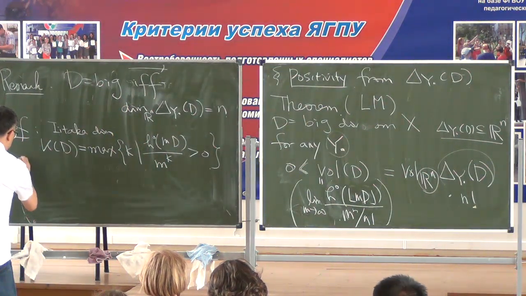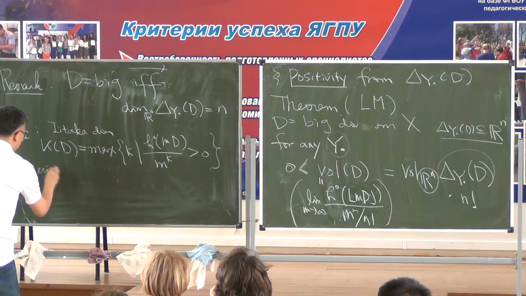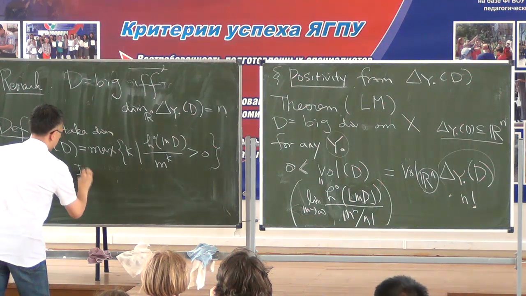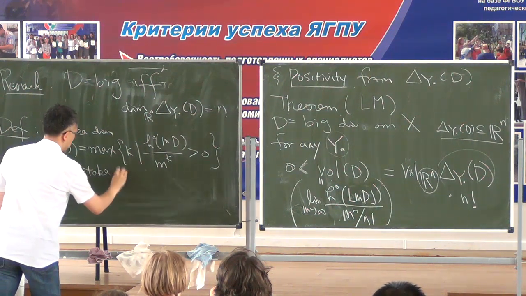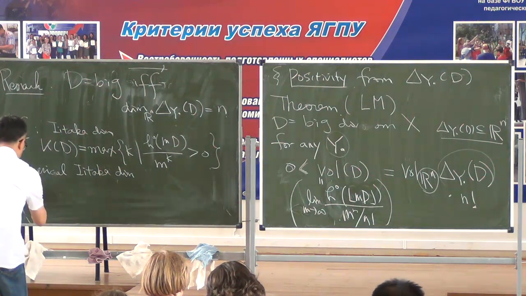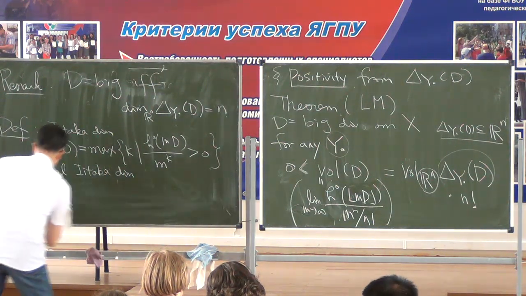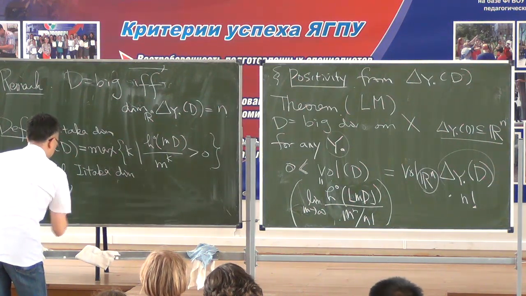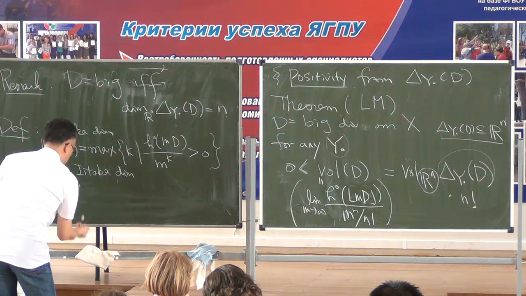And there is also the numerical Iitaka dimension. Okay. So kappa nu of D